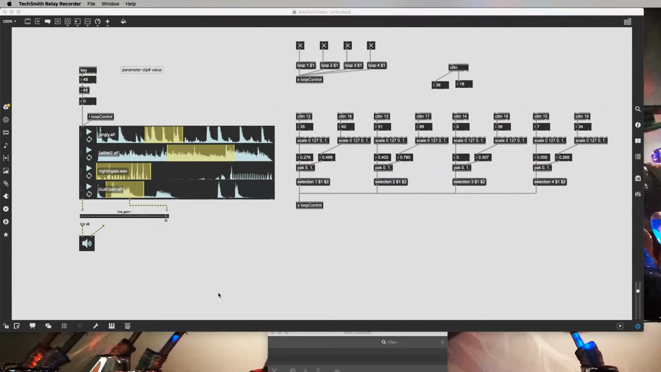All right, welcome back. We've done some automated looping. We've done some automated selection or MIDI control of selection points. Now let's mess with speed and pitch. So speed, going back in,